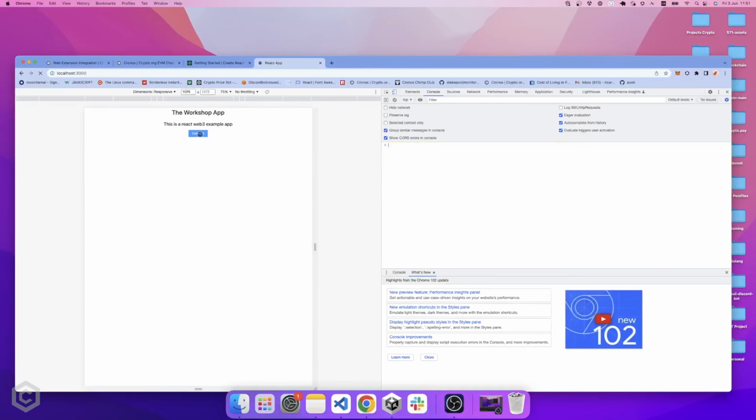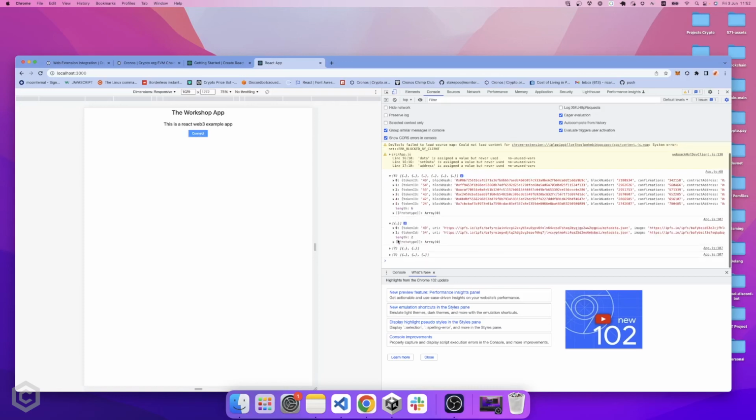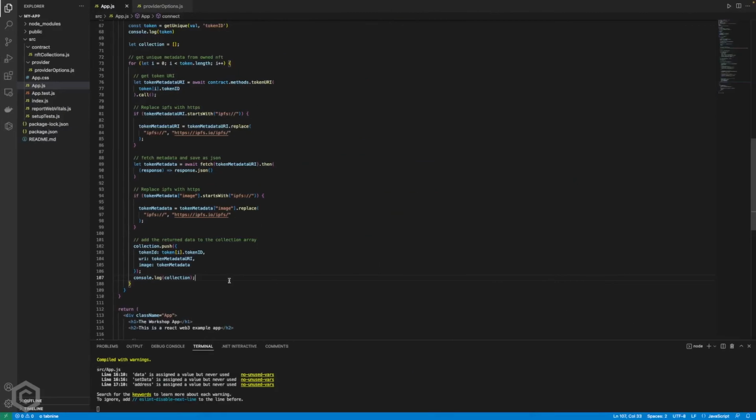we should see the specific metadata for, yeah, here we go, the tokens that I own. And that's the image. So now that this worked,